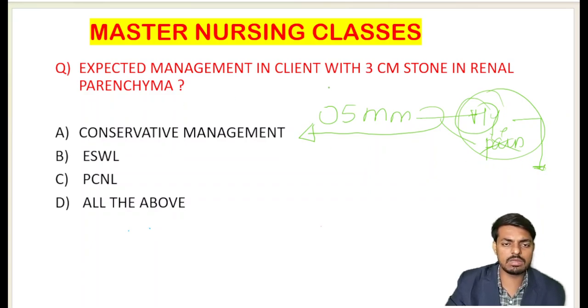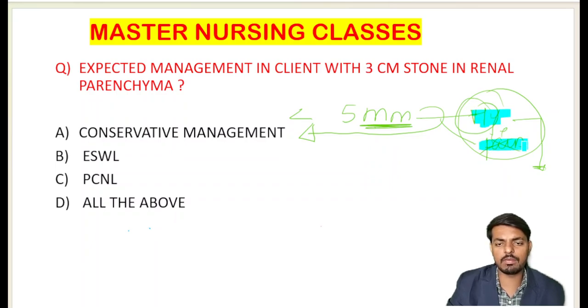So conservative management applies when the stone size is less than 5 mm, not centimeter. Students, keep in your mind. So if it is less than 5 mm, our management goes to conservative management, where we focus on hydration and on pain management,